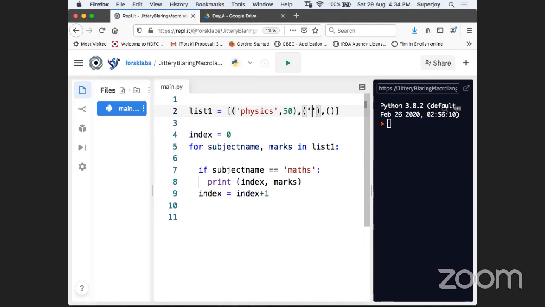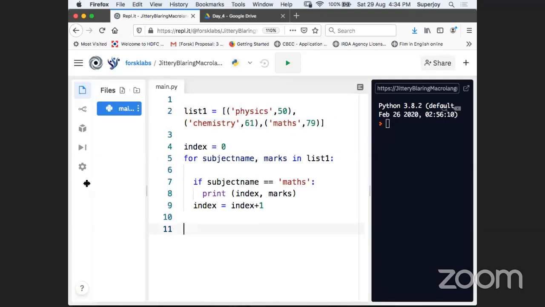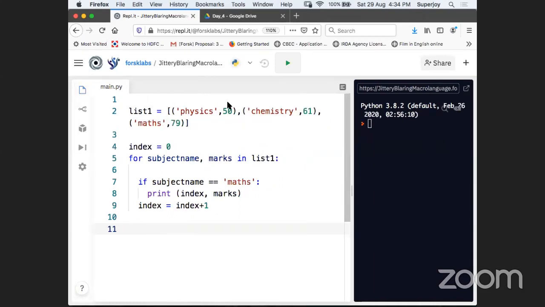Then chemistry, and then marks were 61 if you remember. Finally we have maths, and the marks were 79, I think, right? So these were the marks, guys, and let's run it again.